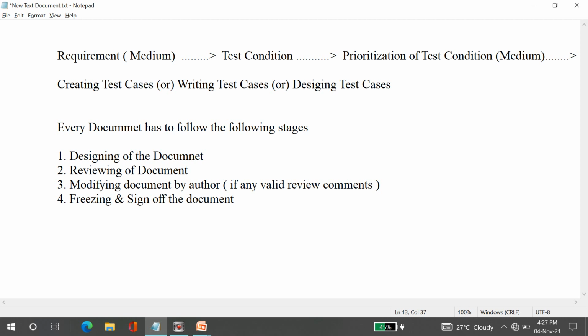The first is designing of the document, reviewing of the document, and modifying the document by the author if any valid review comments are there. During the review, the reviewers may raise some valid review comments. If those review comments are valid, the author has to modify the document accordingly, and then freezing and sign off the document. So here, the test case is also the same.